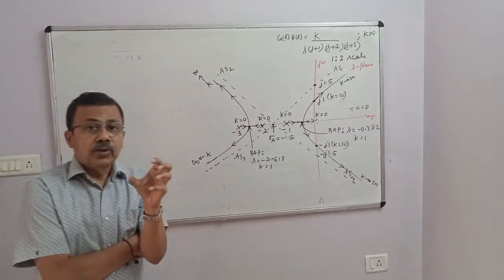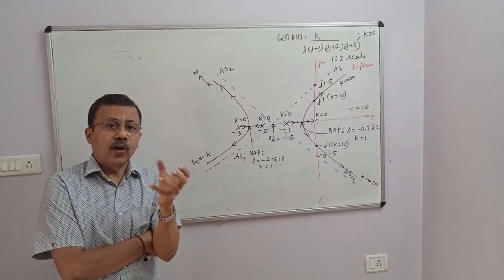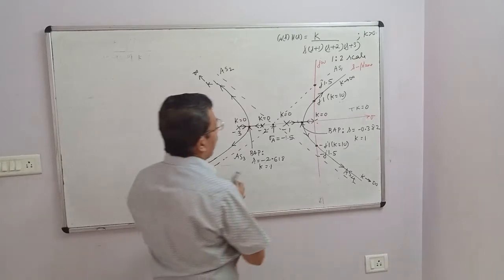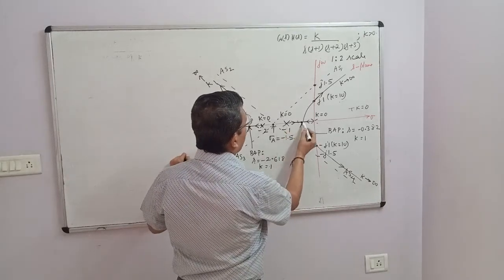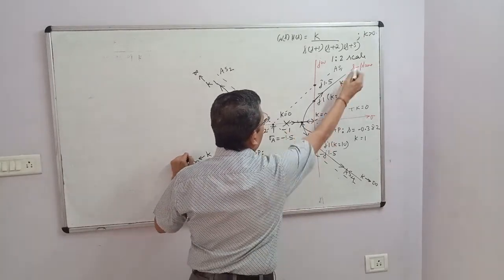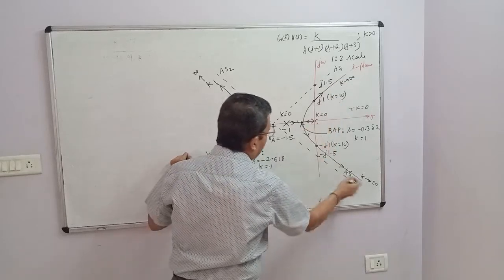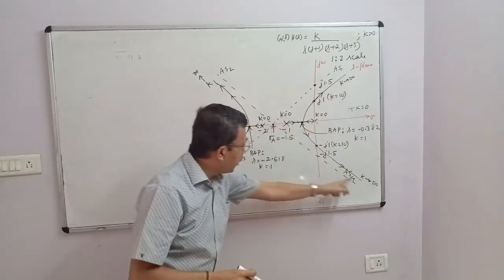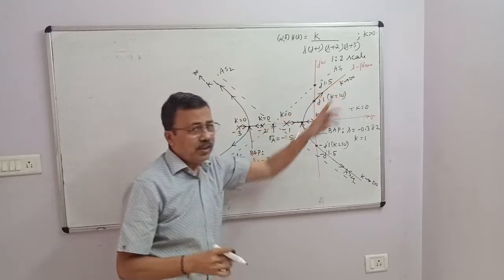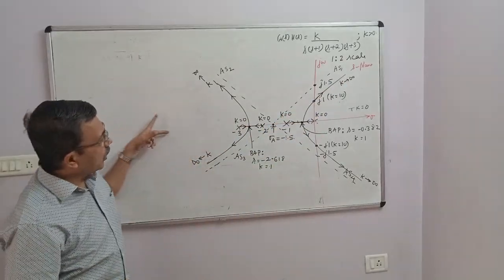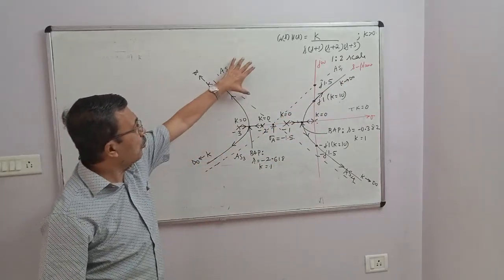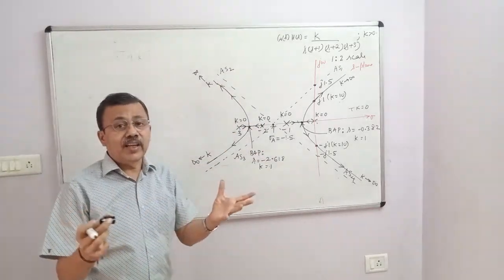By doing so, they will go parallel to the straight lines called asymptotes. So for example, this pole will go along AS1 to meet the 0 at infinity, then this will go along AS4. If this goes along AS4, then this will go along AS1. Symmetry. If you cut this figure along the real axis, the top portion and the bottom portion will be exactly identical.